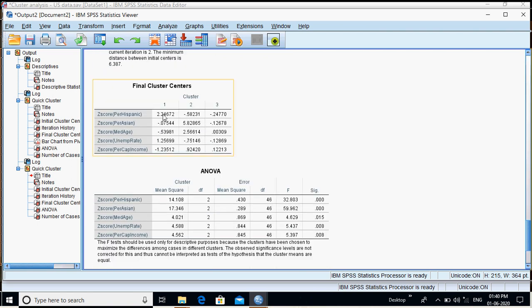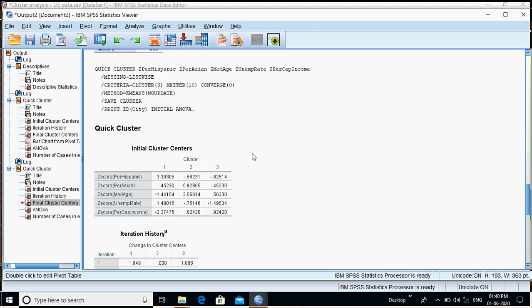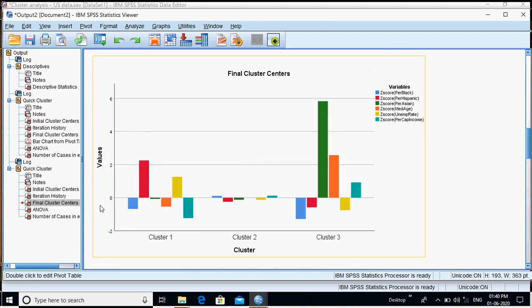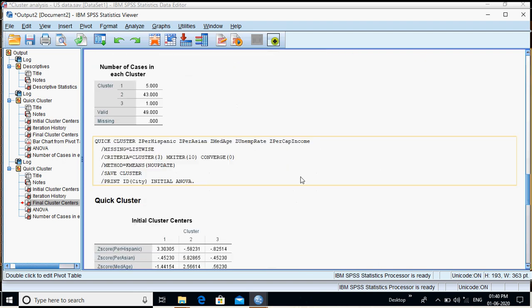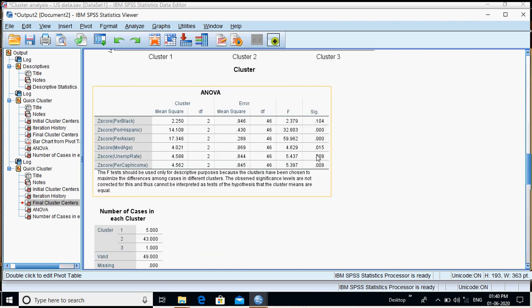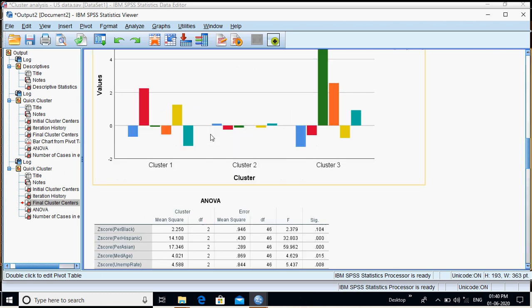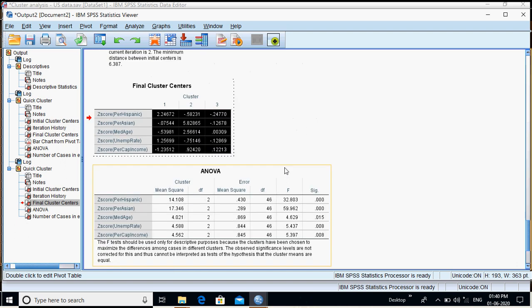Now again, let's look into these clusters. The cluster value has changed. Earlier it was between 0 and a negative value, between 0 and minus 0.6. Now it has moved to a positive score, looking at the Hispanic scores. This is between 0 and 2.24. So similarly, it is the same, but the first variable has been removed.